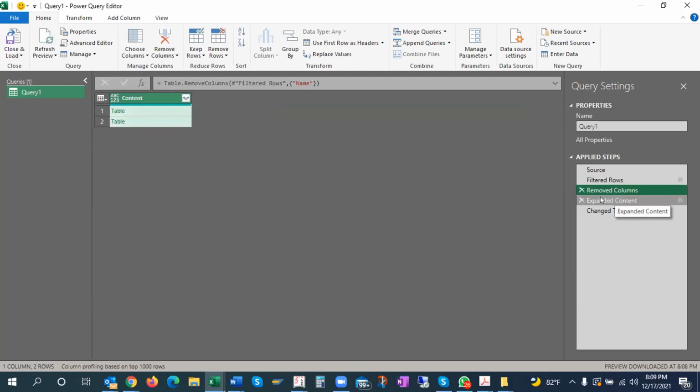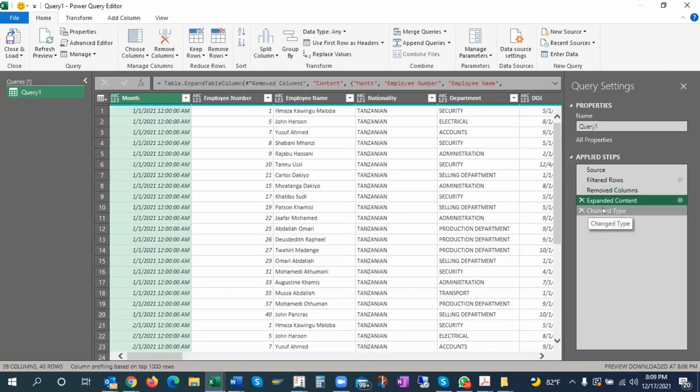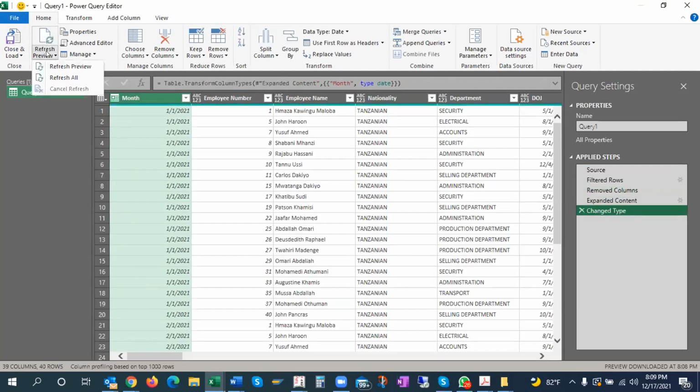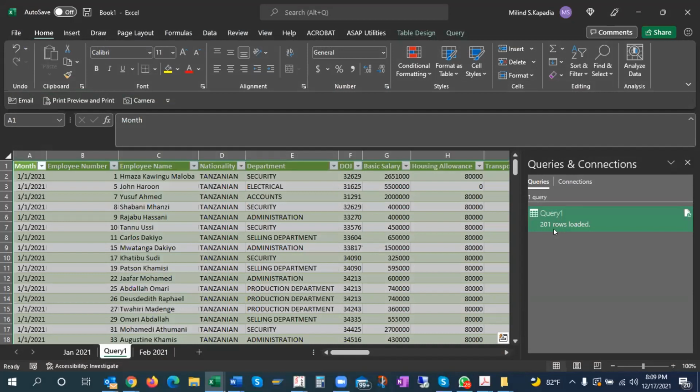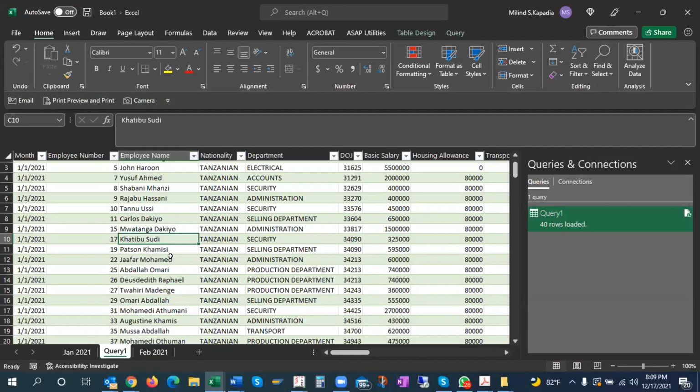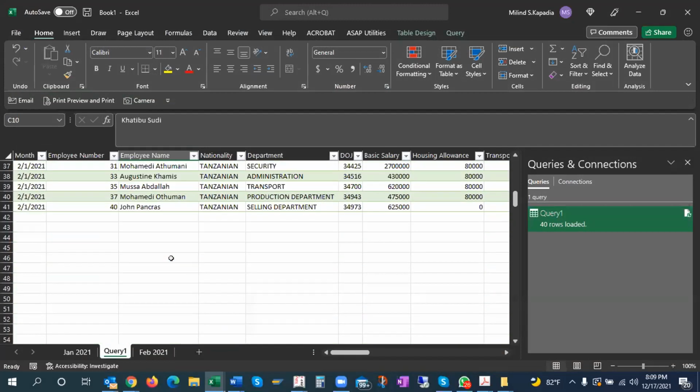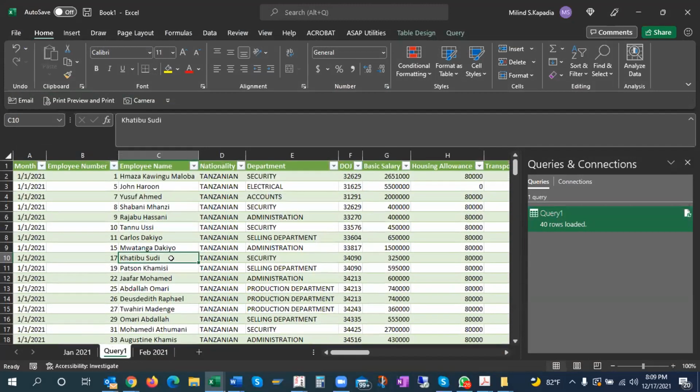These removed columns are okay. Expanded columns are okay. Change type is okay. I'll just refresh here, and then I go close and load. Now here, you see the number of rows. It has become 40. I hope, Milanji, a little...